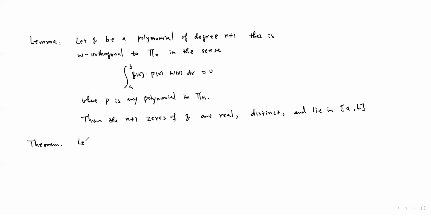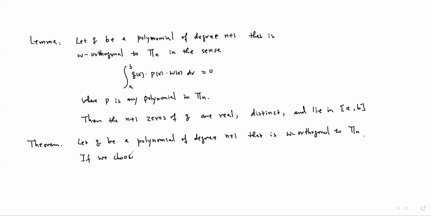Let Q be the polynomial in the lemma, a polynomial of degree n plus 1, which is W orthogonal to all the polynomials of degree not greater than n. If we choose the nodes x0, x1, up to xn